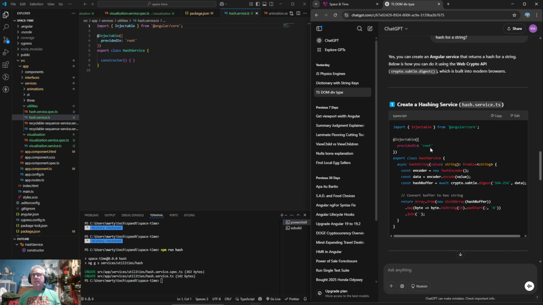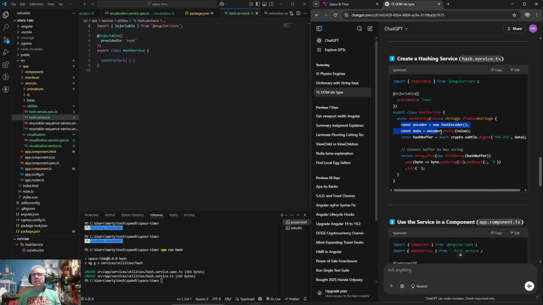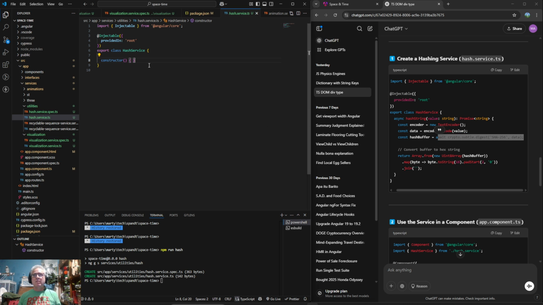let's see, hash string service. Okay, so basically it wants a function named hash string. I don't know why it wants it to be async. I don't think that is necessary because nowhere in here do we use await. Oh, here we do. Okay, so apparently it does need to be async because of this, and I didn't realize you could do that. You could be like async. I guess you could. I guess there's no reason why you wouldn't be able to. Async